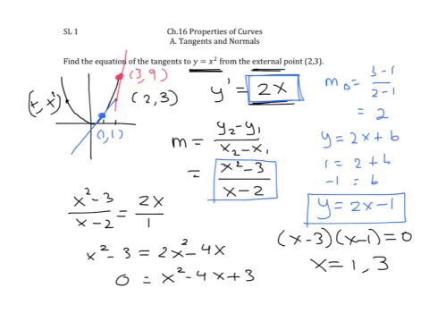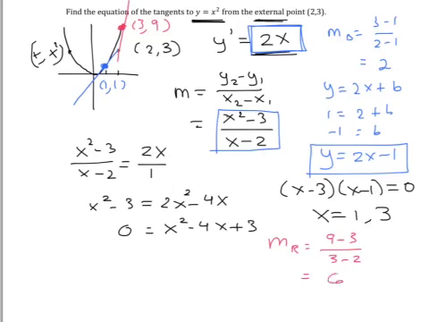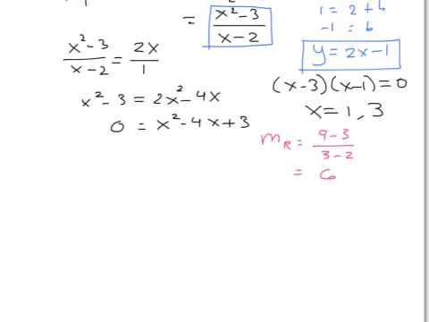We do exactly the same process for the red line. For the red line, we have a slope of (9 minus 3) over (3 minus 2). So that's 6. So we have y is equal to 6x plus b. But we know